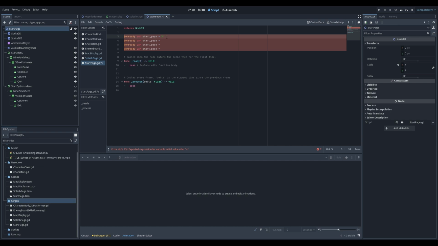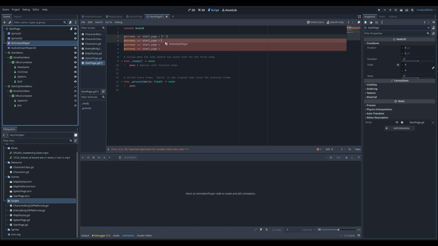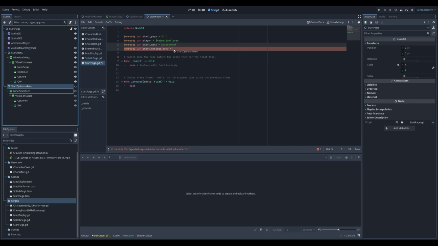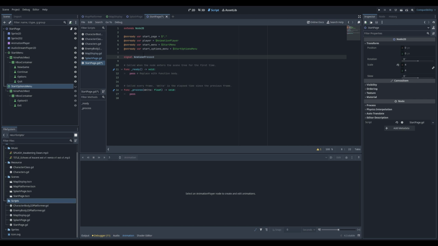So start menu, animation player, start menu, start options menu. So start menu will be that overall control, start options menu will be the control, and we're going to add a signal. This custom signal is going to be new game pressed for the new game button to signal up to the